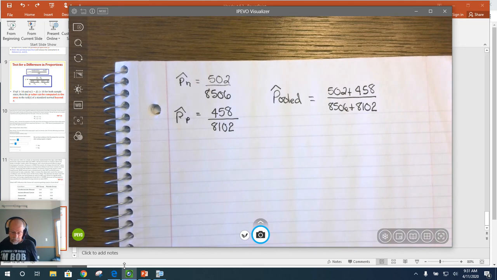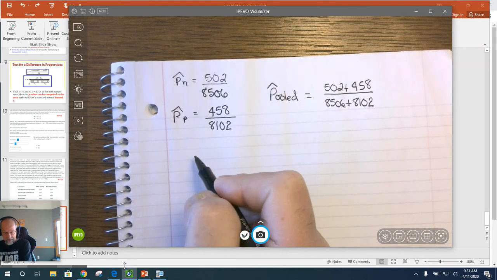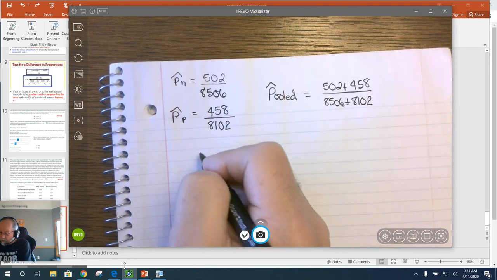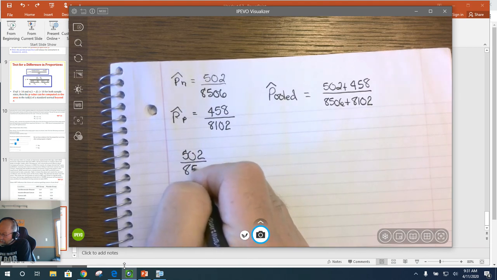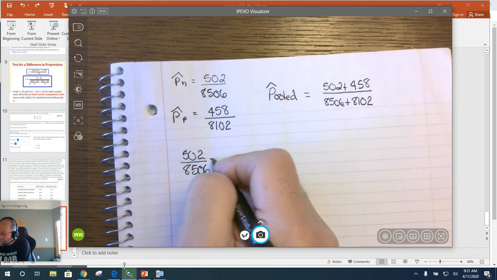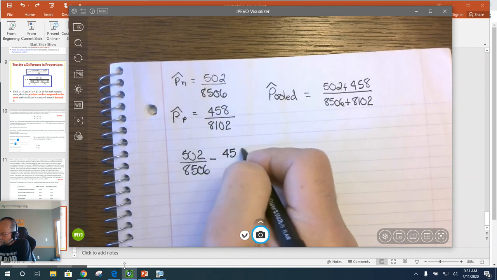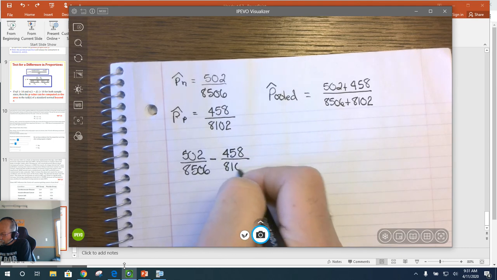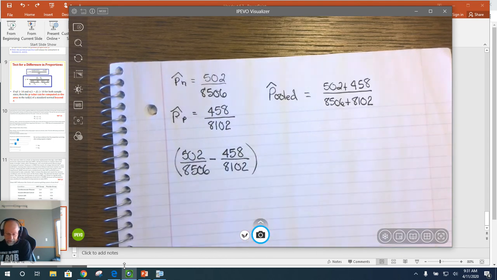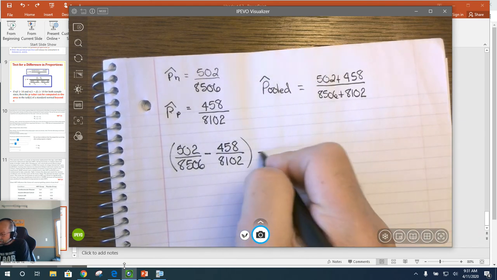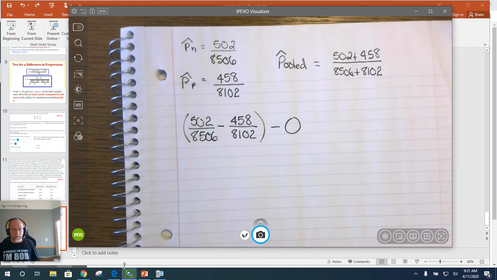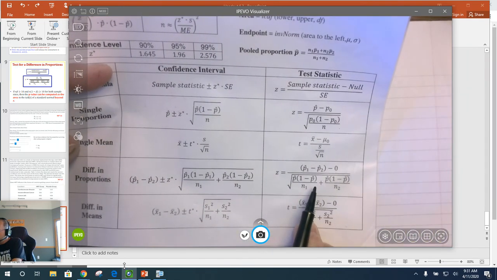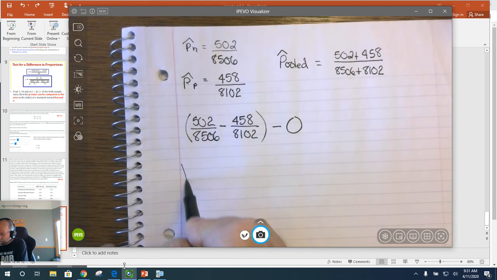So when we go to do our statistic value, first thing we're going to have is a statistic. And remember, our statistic is going to be 502 over 8506, because we're looking to see the difference between this group and this group. That's my statistic. And that statistic is going to minus the null, nothing going on. And again, I'm working from this formula right here, divided by,